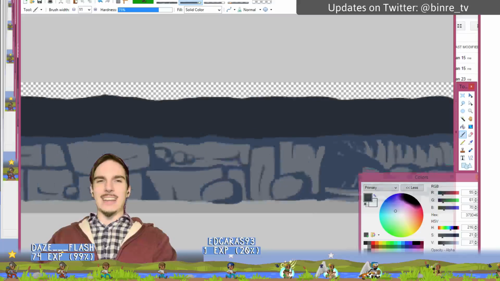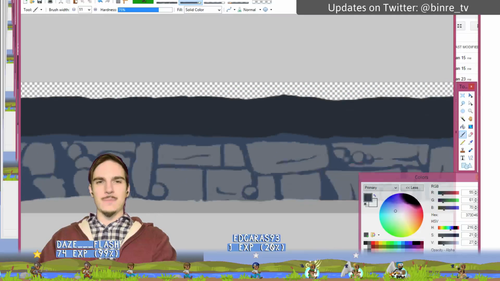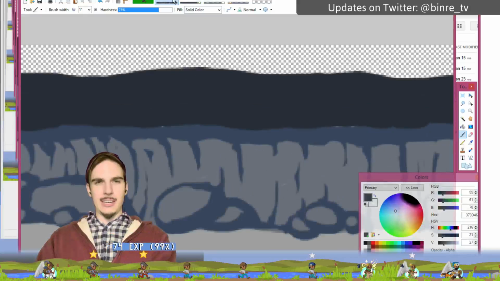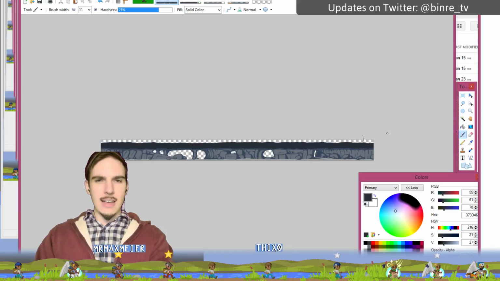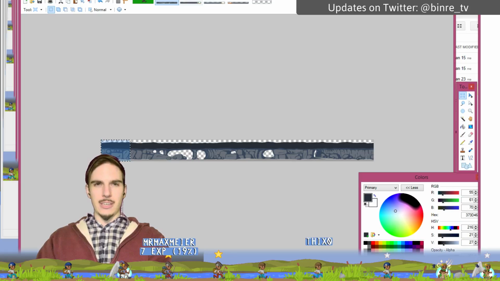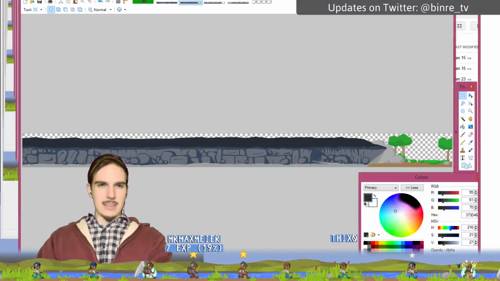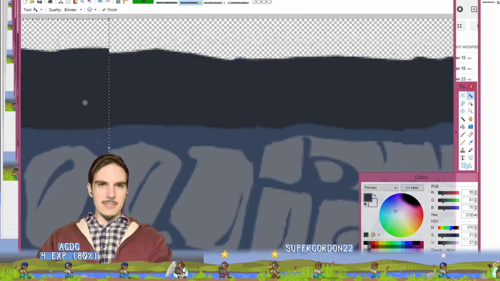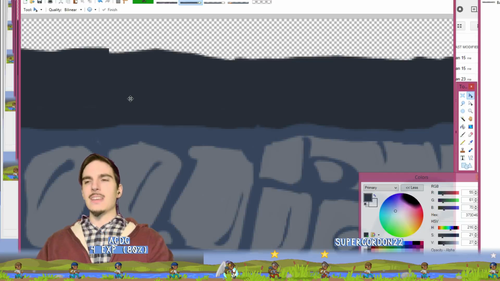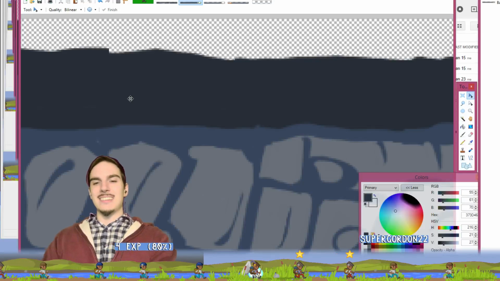All right, so all I have to do to fix up this one, because this part still doesn't loop, is I don't have to redo the whole thing. I can just come over here, copy this, and drop this in, and then justify this seam, because that way then we will have the